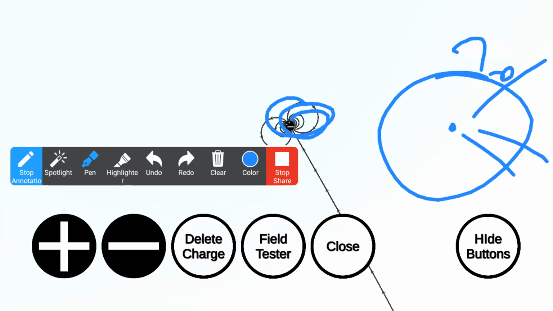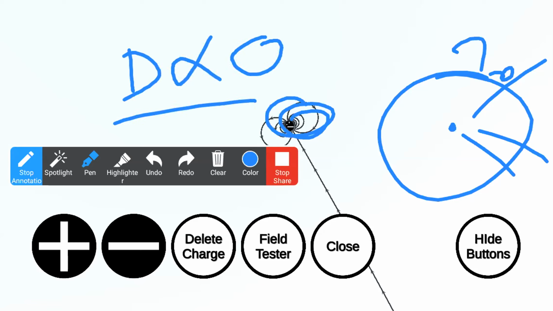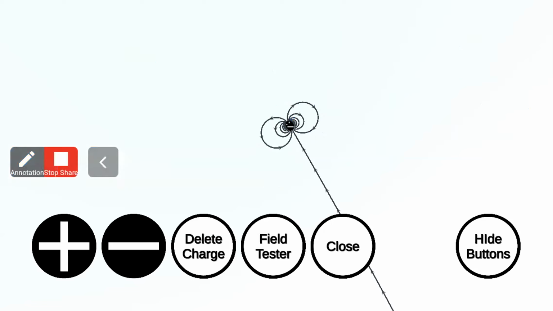Once you exactly club both the positive and negative charge, effectively the charge present there is zero. Once the charge present there is zero, what is our concept saying? D is directly proportional to zero. If charge is zero, there will be no flux lines. There will be no electric field lines. Is this okay, sir? So far, what we have discussed in the theoretical concept, we have got some idea with the help of simulation.